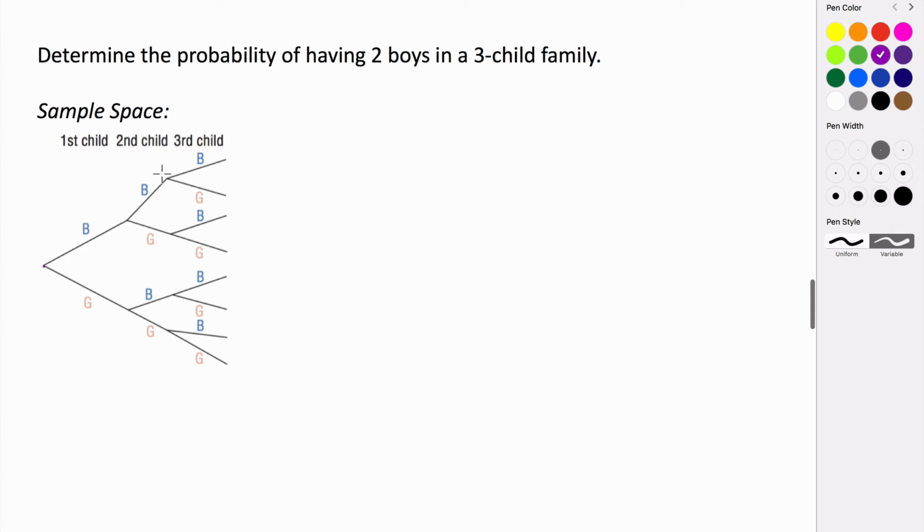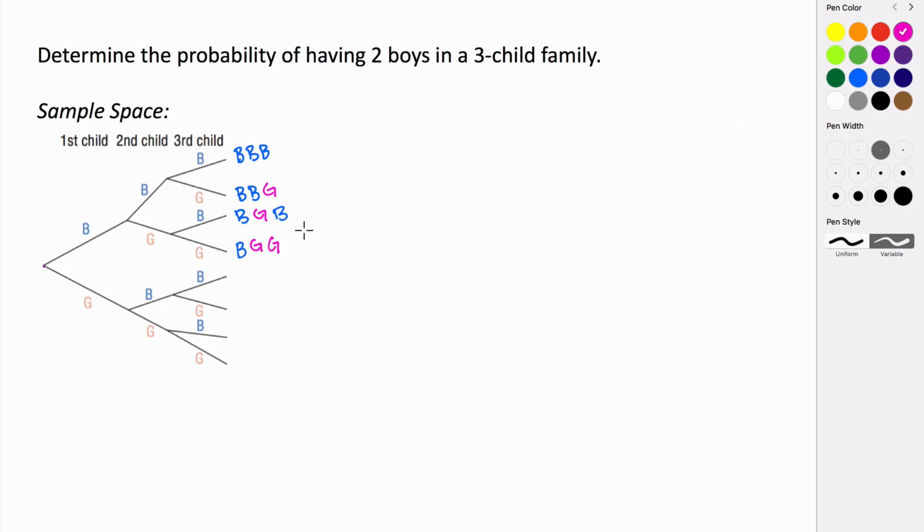So if you had a boy first, you could have a boy second, and you could have a boy third. So there is the likelihood or the chance that you could have 3 boys. Or you could have had a boy first, then another boy, and then had a girl. Maybe though you had a boy first, then you had a girl, then you had a boy. Boy, girl, boy. Or you had a boy first and then you had 2 girls. So these are all of the possible ways that you could have 3 kids if you had a boy first. You could have 3 boys, 2 boys and a girl, a boy, a girl, then a boy, or a boy